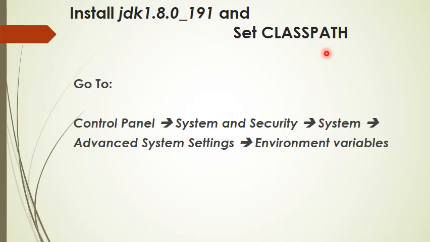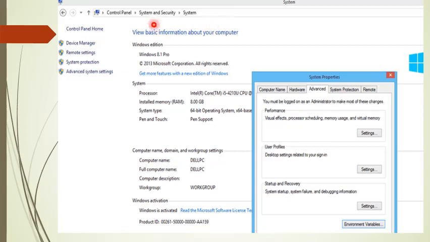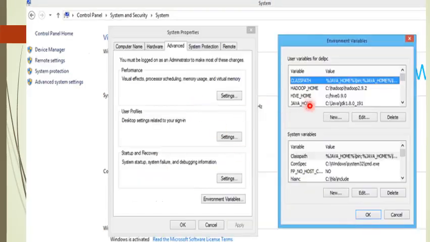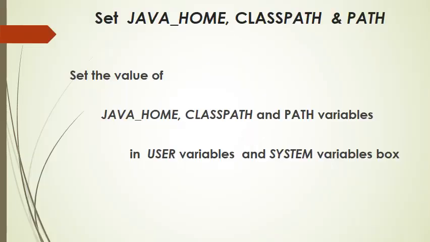Now once you have installed JDK, the next step is setting of the class path. We require setting the class path so that we can execute the Java programs, or so that Hadoop can identify Java in different directories. So go to Control Panel, System and Security, System, Advanced System Settings and Environment. On the left hand side you will see the option Advanced System Settings, and click on Environment. You will see the screen of environment variables. You have 2 boxes here, one for user variables and one for system variables.